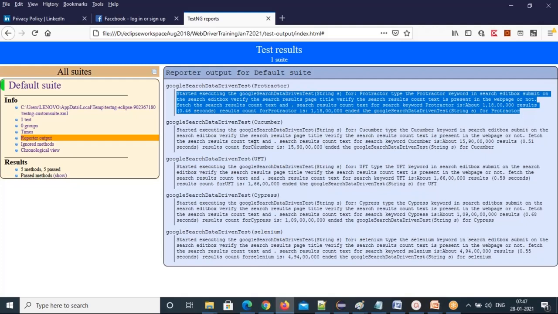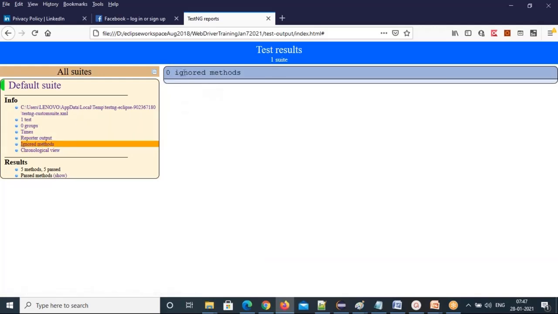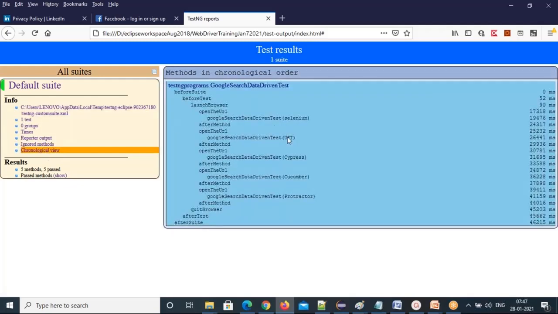Okay. Next, we didn't ignore anything, right? Click on ignored methods: 0 ignored methods. We didn't ignore anything. Then the chronological view. This is the view I want to show you. That's why I have taken all the annotations. See, as I told you, in the suite, the before suite code will execute first.